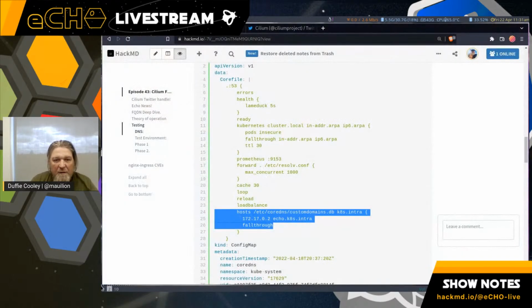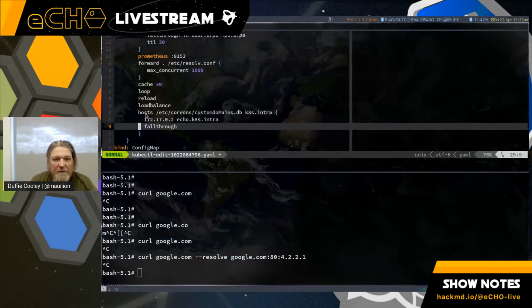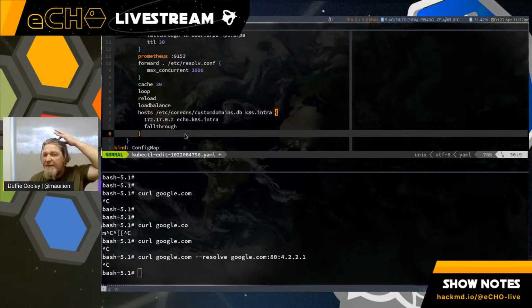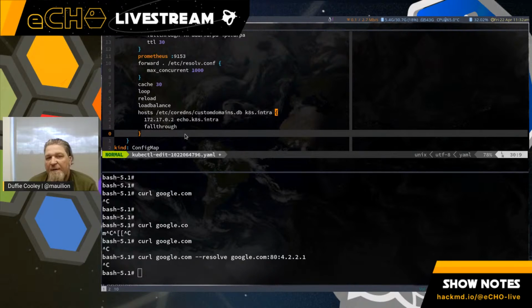Right. Hosts. There's a load balance. So what this is going to do is make use of a plugin inside of CoreDNS called hosts, and then populate that plugin with the following information. It's going to create an A record for 172.17.0.2 pointing at echo.kh.intra.